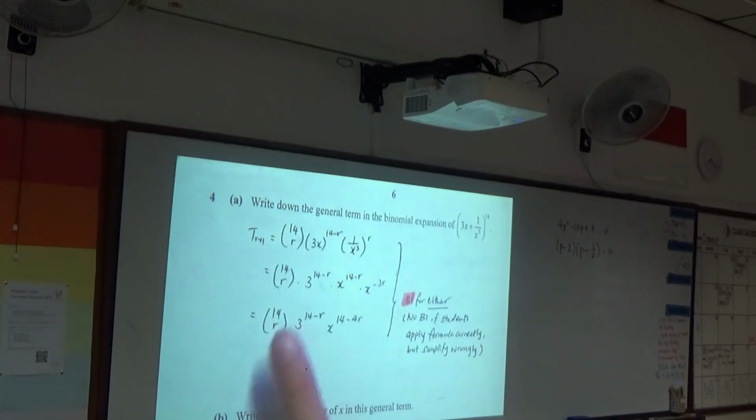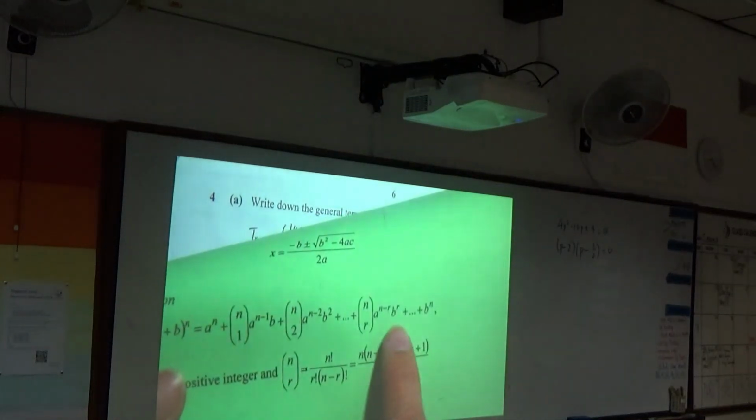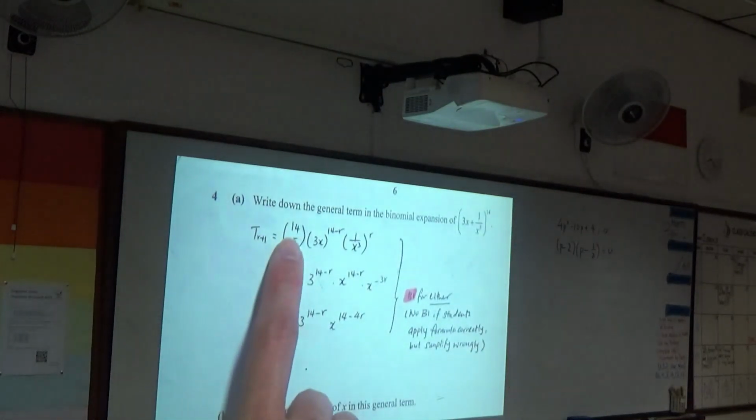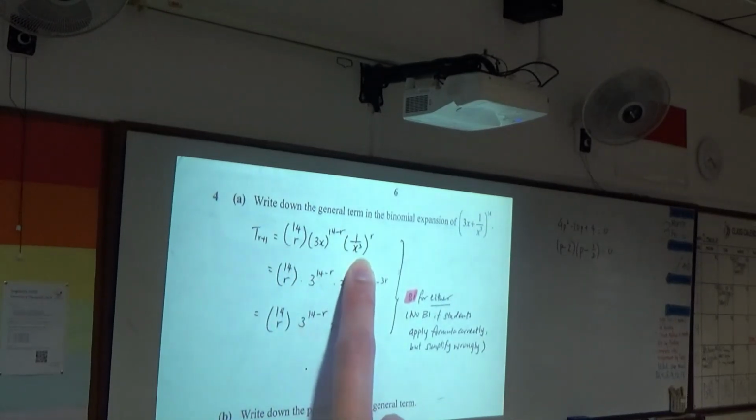So you have to just refer to your formula list at the cover page, and then identify your general term, which is this one over here. So 14 choose r, a is 3x to the power 14 minus r, b is 1 over x cubed